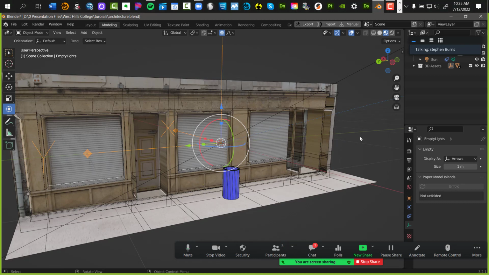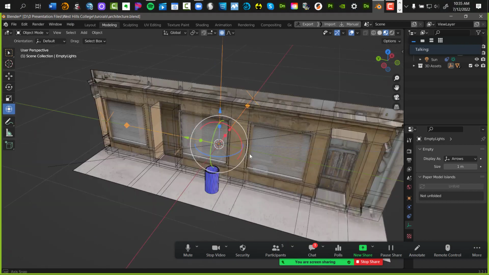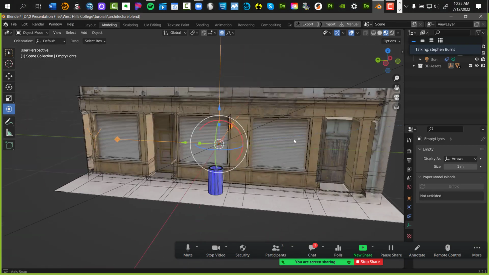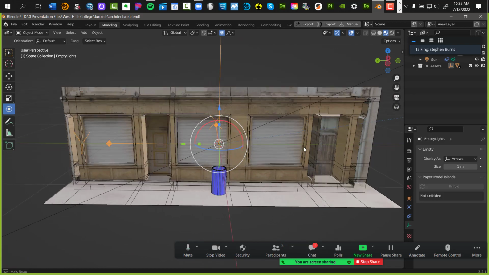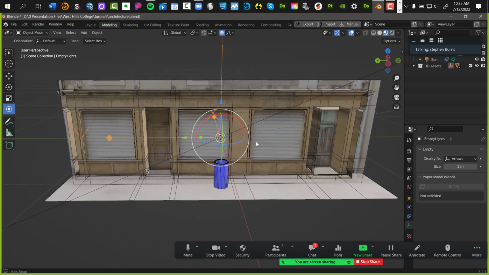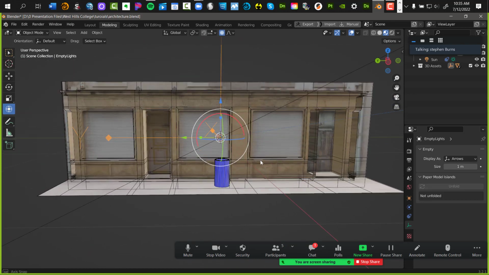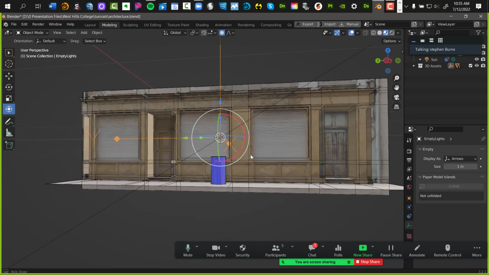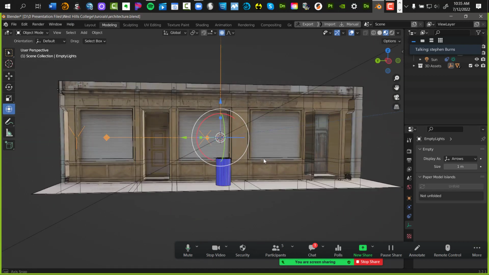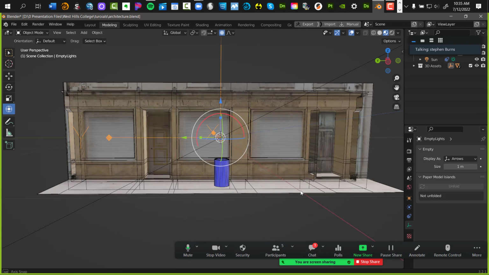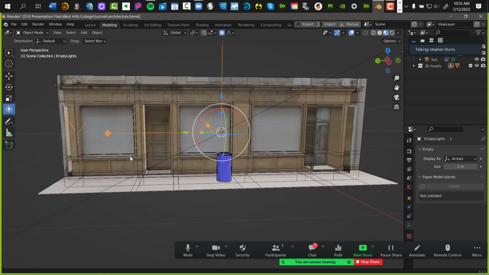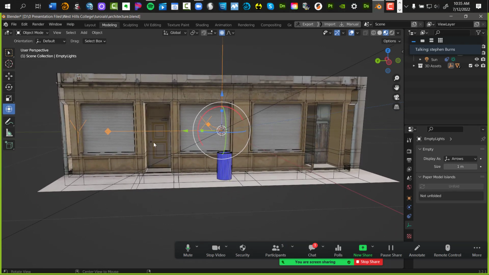And I'll go a little slower because a lot of you here have no experience in 3D and weren't here yesterday. So, okay. Here I'm going to create something to put inside here. I want to make this more convincing. I think one way to make this more convincing is to actually build from scratch a 3D fire hydrant. And we're going to place it into the scene in here.